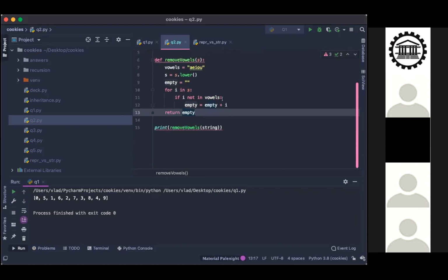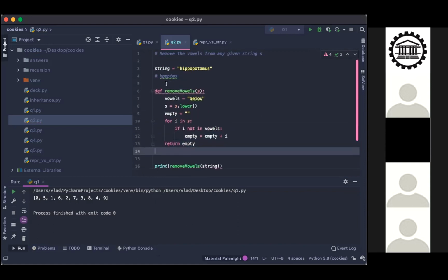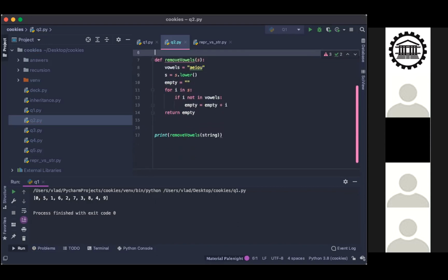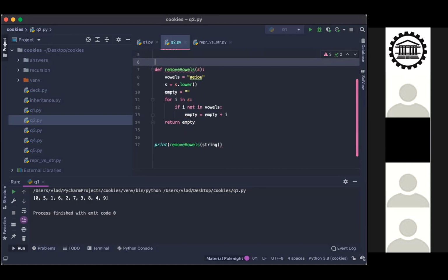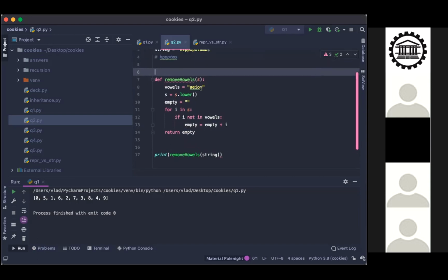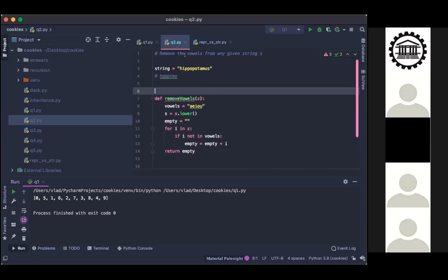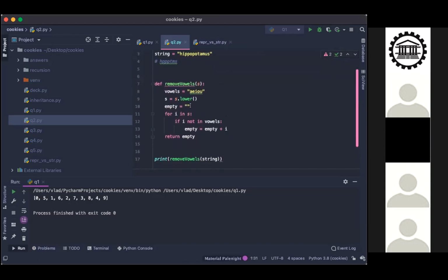All righty. Is this going to work? For I in S. Yeah, I hope so. I think so. You think so? You said remove string. What is string? It is hippopotamus. Okay, sorry.